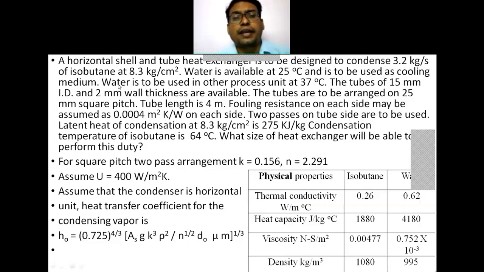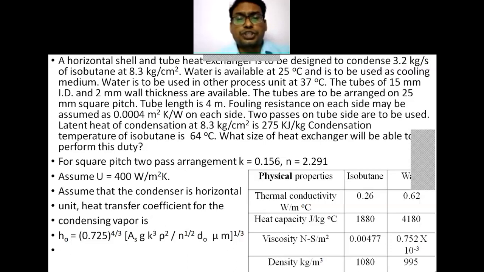If you look at the organic fluid with water, it has an overall heat transfer coefficient of 800 to 1500 watt per meter square Kelvin. For organic fluids, it is from 100 to 350 watt per meter square Kelvin. And when it's a combination of the organic fluid with the water, the assumption of 400 watt per meter square Kelvin